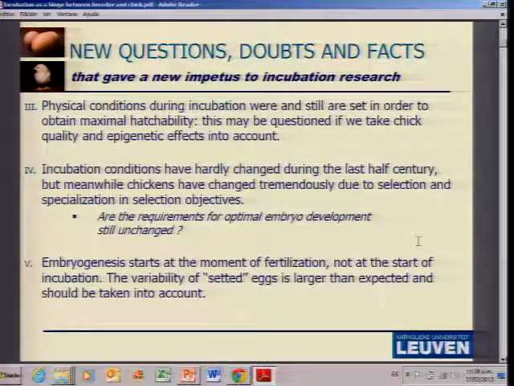It is a question that will be covered also by others during these days, and I come to that as well. Number 4 of the reasons that for me are reasons that we are focusing more on incubation research the last decade. Incubation